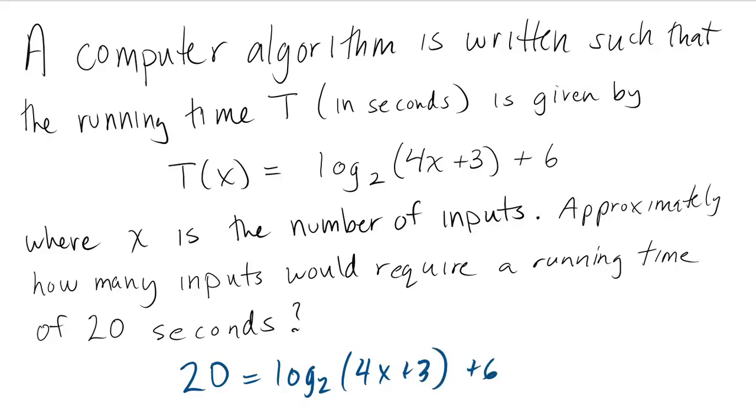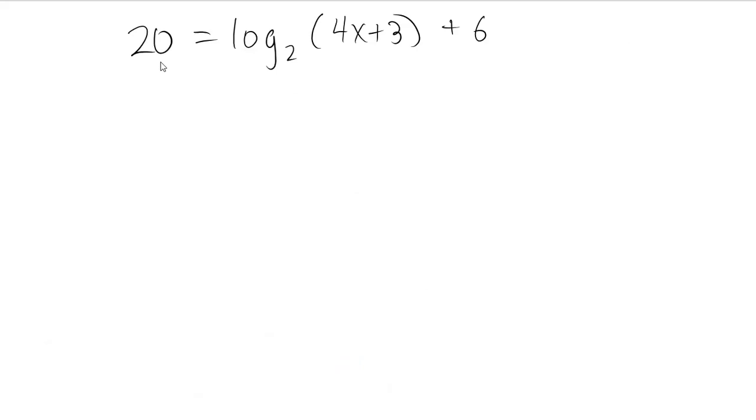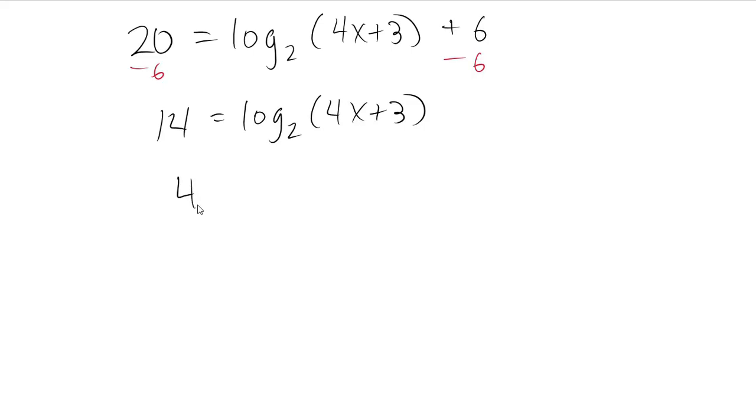Again, let's transfer this to another slide. We'd like to rewrite this in exponential form, but there's this stupid plus 6 in the way, so let's subtract that. We get 14 equals log base 2 of 4x plus 3. And now we write this in exponential form. The input to the logarithm goes by itself on one side. The base of the logarithm becomes the base of our exponential expression, and the output of the logarithm becomes the exponent. 2 to the 14th, I think, is